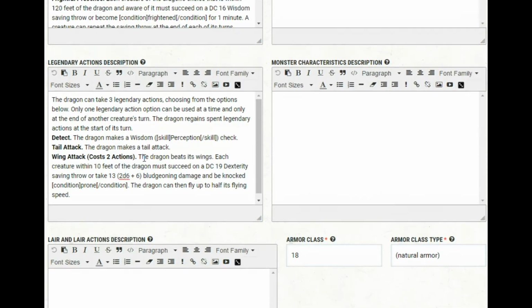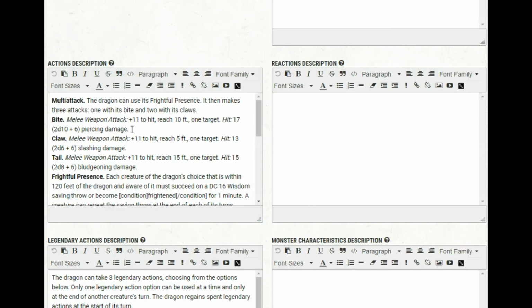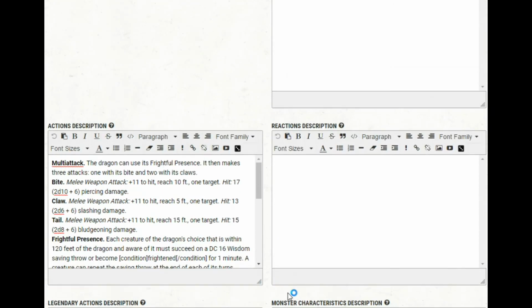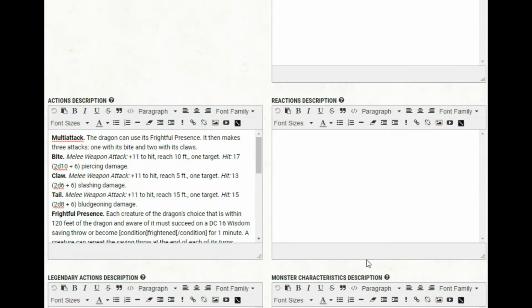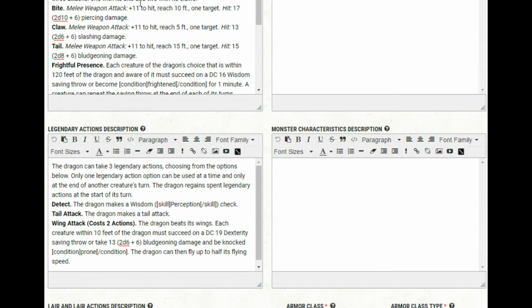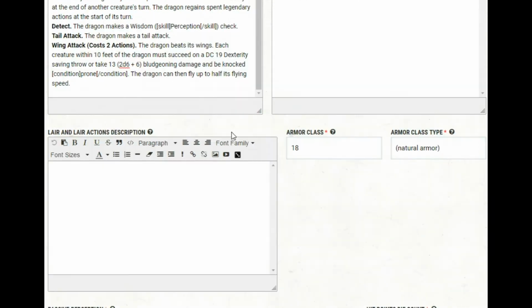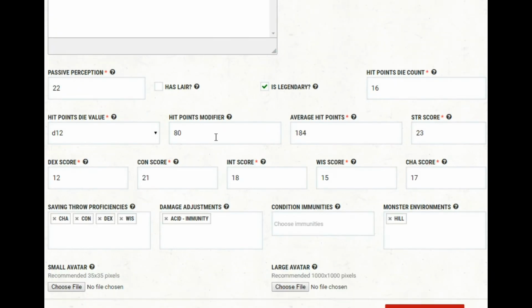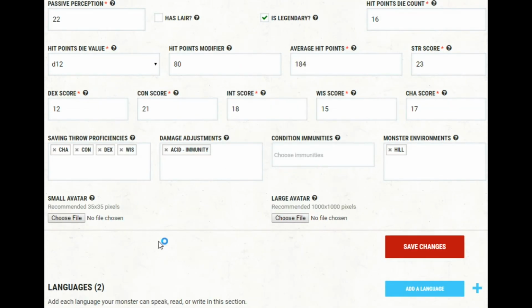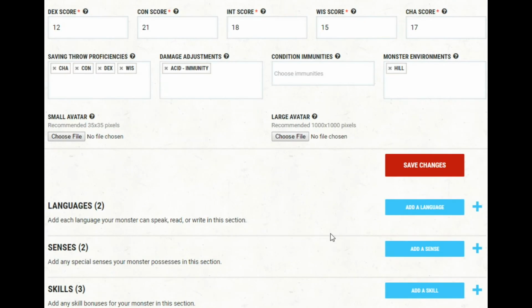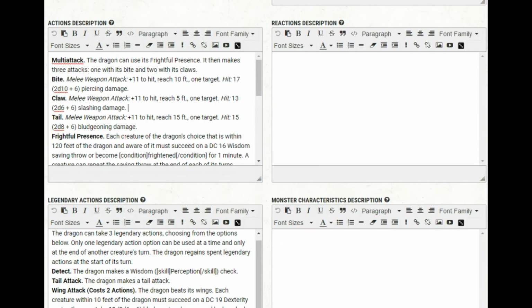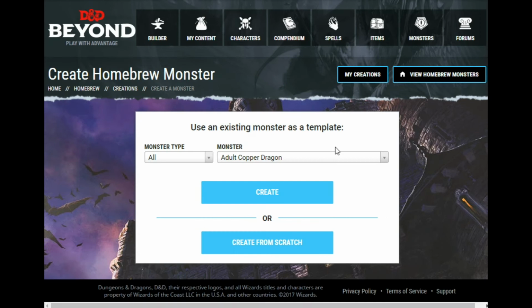And then this is the legendary actions, and the actions description is free text. Reactions description, special traits. So instead of drag and drop or hit a checkbox or whatever, you just fill that in. Now there's all this stuff. It's scores, it's immunities. You could choose a small avatar, a large avatar, image, just different stuff. So pretty neat. And then if you want to create a monster from scratch,